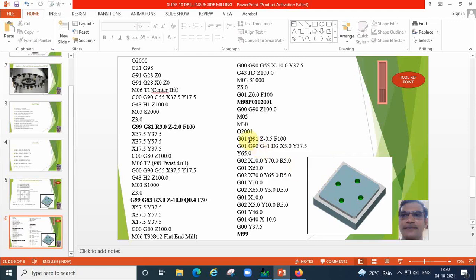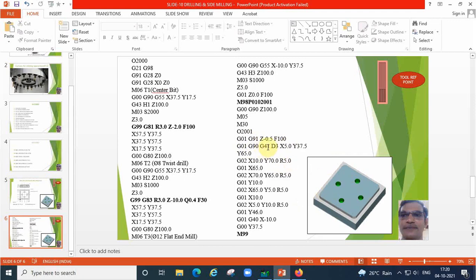For that we have to give incremental depth of cut of 0.5 with some feed rate. And then now we are going to engage the cutter with the workpiece by using the G90 absolute command. Now we are going to write the profile values. For that, come back to G90. From the reference point, the dimensions will come.